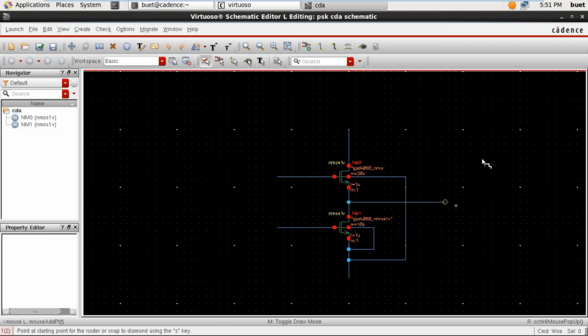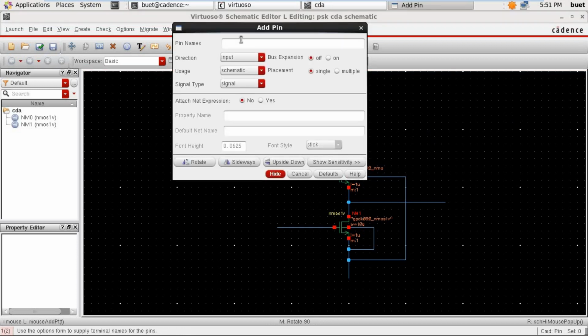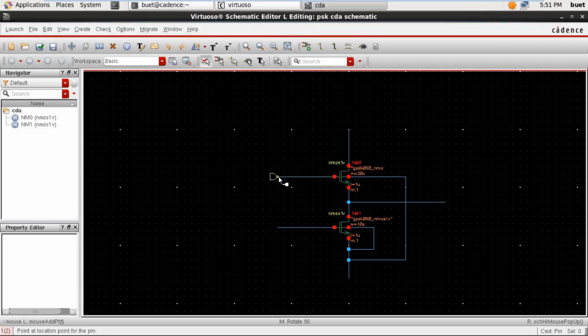Once we are done with wiring, we connect the pins by pressing the P button. At first we will take all the input pins, that is VIN, VBIAS, VDD and VSS. Direction should be input, hide, place the pins as shown.